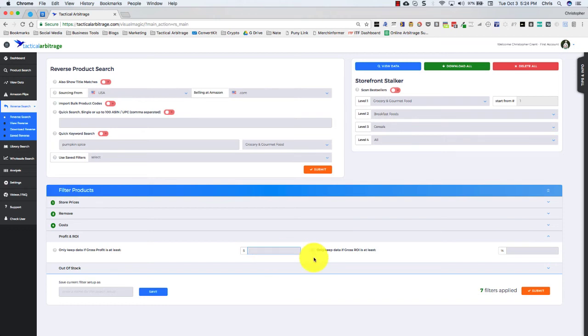Now, like I said, I like to keep my filters nice and loose. So I will typically only fill in the gross ROI, and you can fill this in with whatever percentage that you want. It's going to take in all the calculations automatically for you. It's going to figure everything out down to a percentage. I'll normally keep mine somewhere between 20 and 30%,